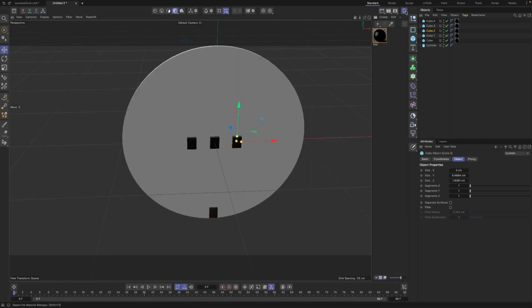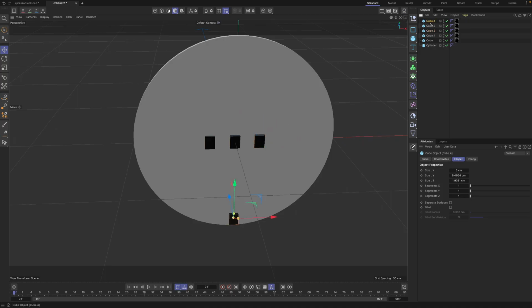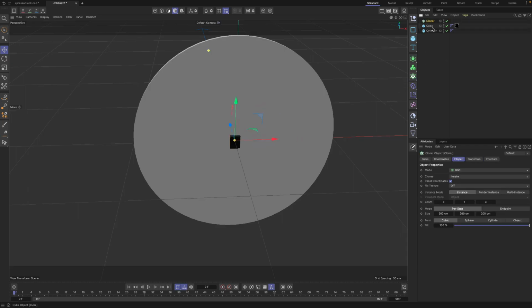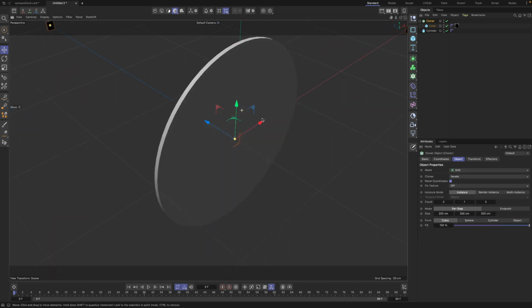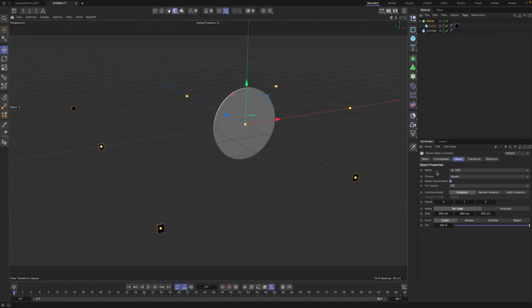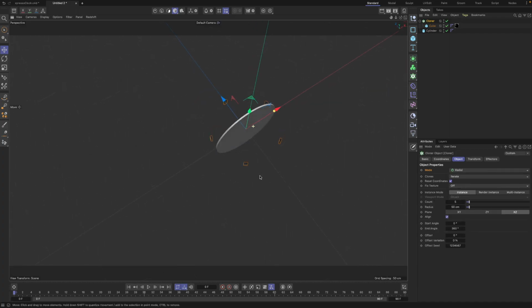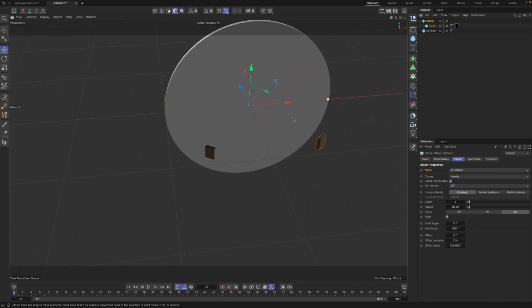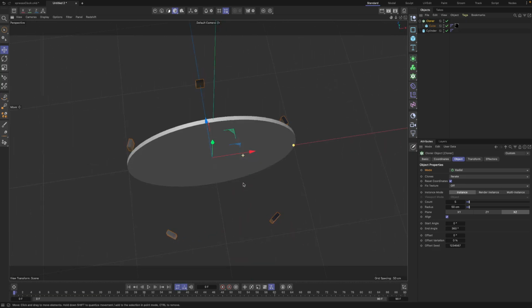Radial. Yes, so I only need a single cube. I'll delete these. And I can add a cloner, put this cube inside, and immediately it of course clones them into a grid, since it's the default mode of the cloner. But from there I can go to the radial mode, and as you can see now it is rotating from this